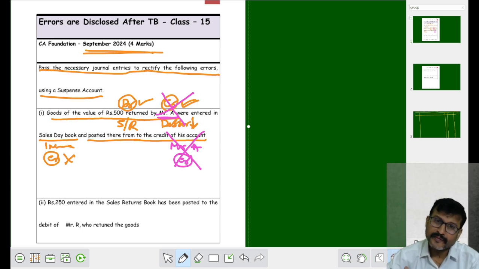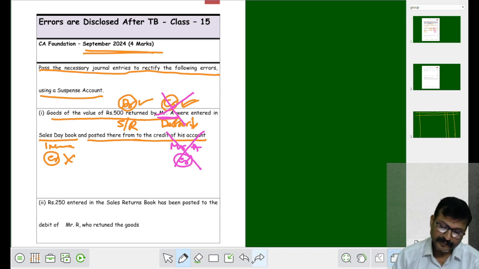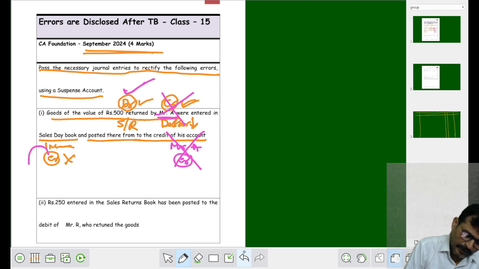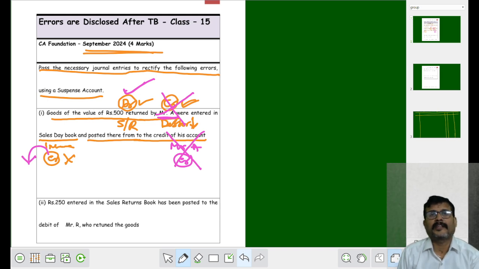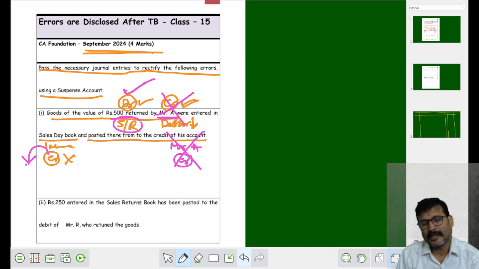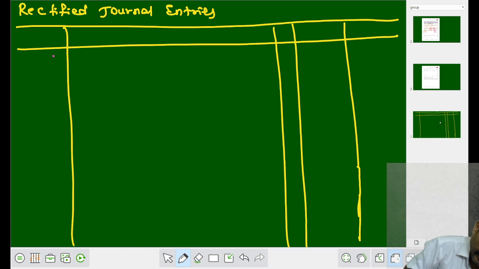Now what is your rectified entry? Keep the correct in the same place. Shift the wrong to the opposite place. Then what happened? Sales returns account debit, sales account debit, to suspense account. Apad Bandhava is suspense, right? Now your first journal entry will be